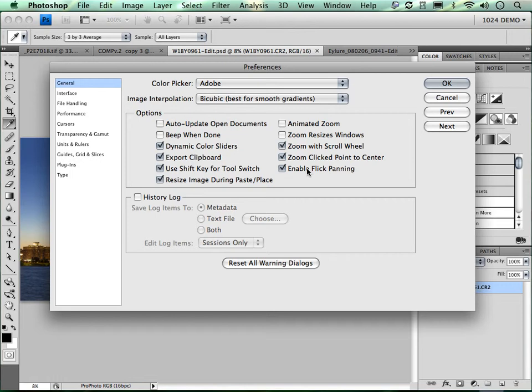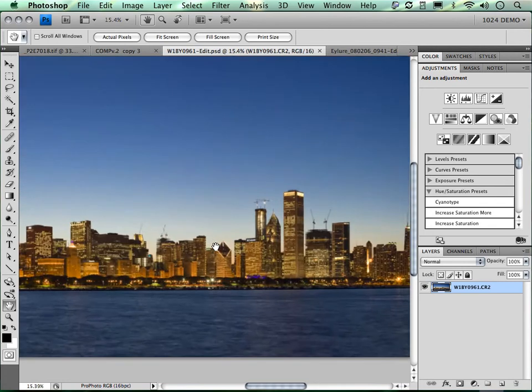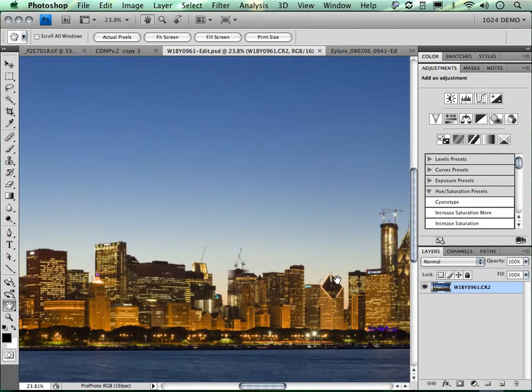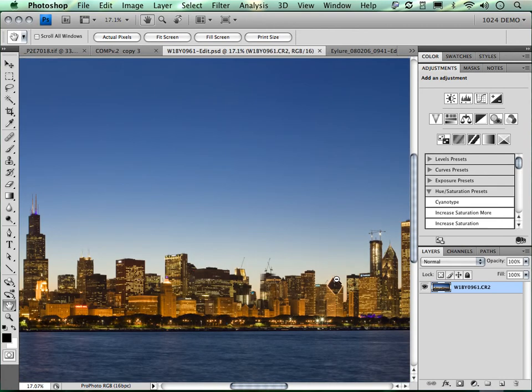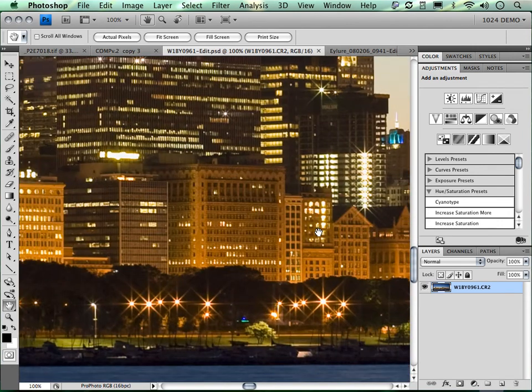So with those two settings checked, assuming that you have OpenGL enabled on your video card, you'll be able to do the following. For example, if we zoom in on this image, and I'm going to use the thumb wheel on the mouse to zoom in quickly, you can see that we've got pretty good, fast scrolling. If I zoom in now to 100% and have a look at the image in close-up here,